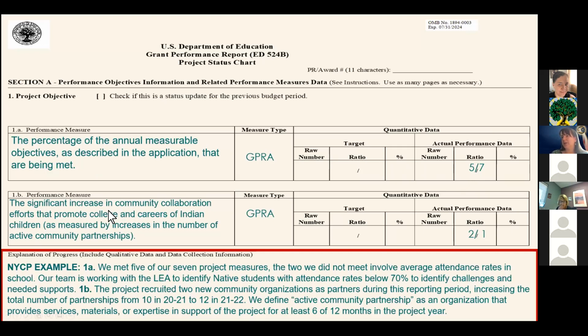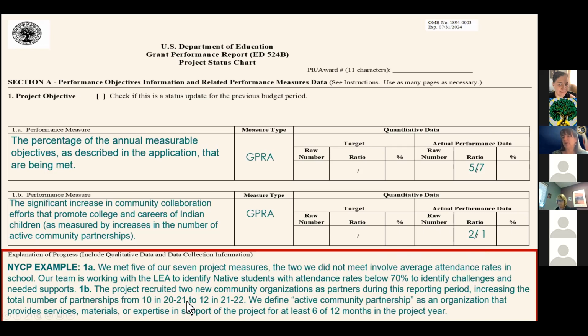In the second one here, the one about increasing community collaboration, we see that the bottom number is 1. That's going to be 1 for everybody. And in this case, this pretend grantee has secured 2 new partnerships. So it's 2 over 1.